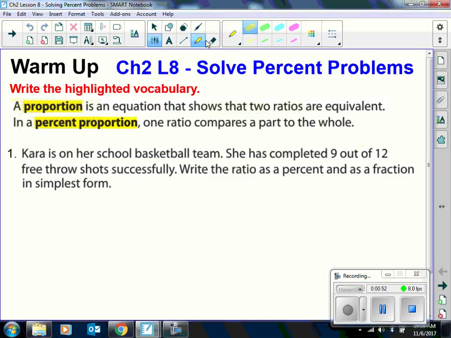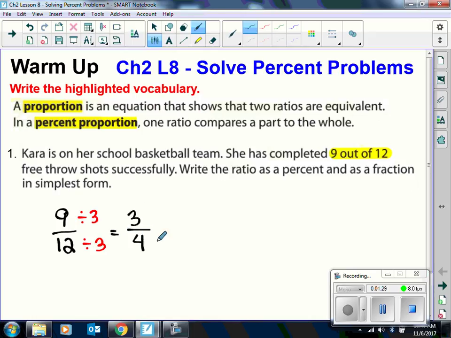So the first thing we're going to do is we're going to look at our ratio. So it's 9 out of 12. So 9 out of 12, we can write that as a fraction, 9 over 12. Very good. Now, I want to write this as a fraction. Okay, there's a fraction, but I can simplify that, right? So I can divide by 3. Very good. So we're going to divide by 3 in the numerator, and we're going to divide by 3 in the denominator. So that gives me